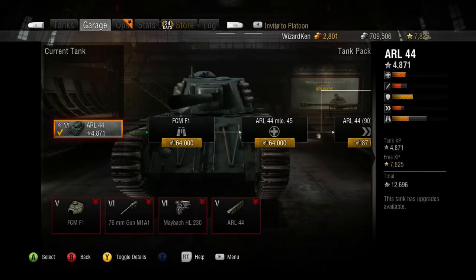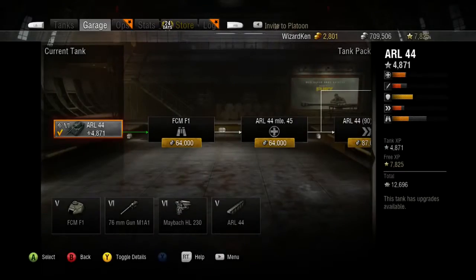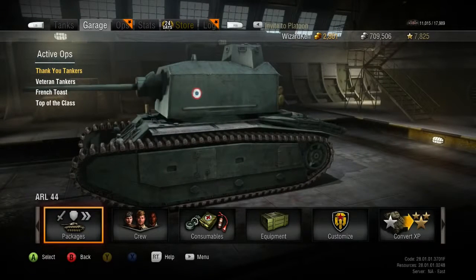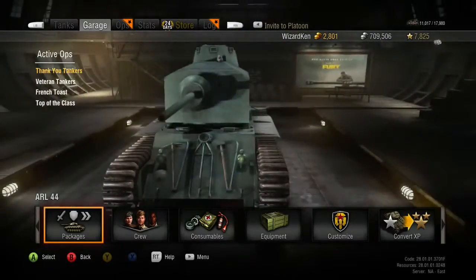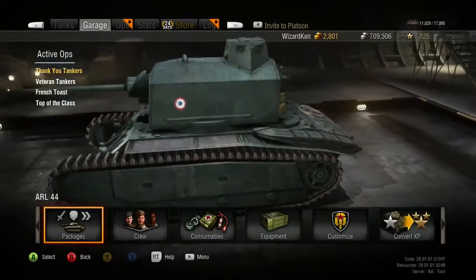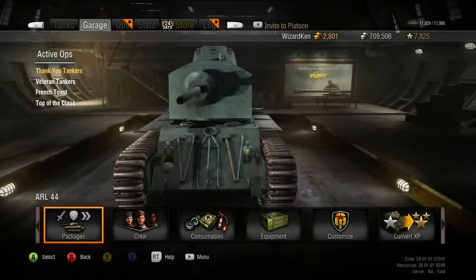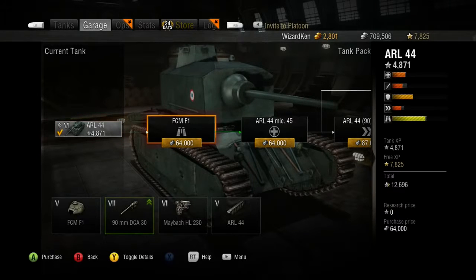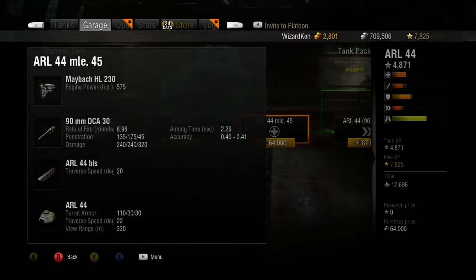Now, this is why this tank was just put together originally, and then they eventually built a different turret for it. If you look at this turret, I'm going to show you this thing. Look how big and bulky that thing is. It looks like they took a boiler from a boiler room, put it on top and welded a barrel on it. That's really what it looks like they did with this tank originally. Now you would say, hey, well, it's like the KV2 and you could put a big gun on this. Not really. Apparently, from reading up on it, the turrets couldn't handle the bigger guns. That's why they kept with the smaller 76 until they were able to put a better turret on there, which is where we get